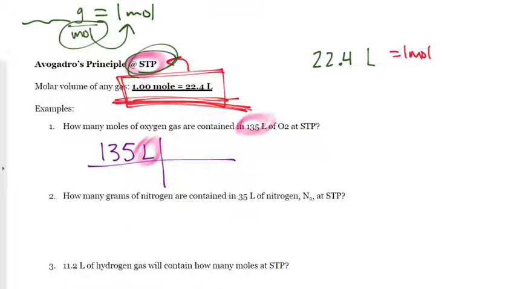Remember that if I have liters as my given, and that's the only number given to me here, then liters on top means that I'm going to want to put liters on the bottom of the next bracket, which means I'm going to be taking this 22.4 liters, putting it on bottom. That means the 1 mole side of my equation is going to fill in the top. And that's all I need to answer the question. All it wants to know is how many moles are in that volume at our standard temperature and pressure. And then when I do that division, we get